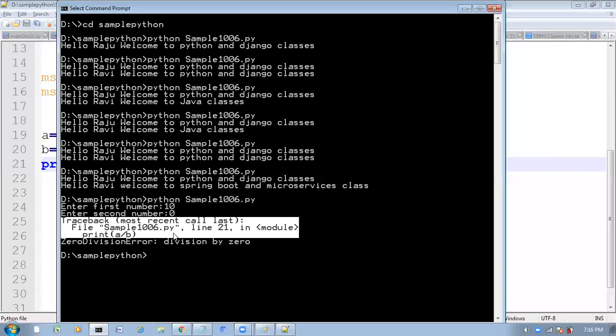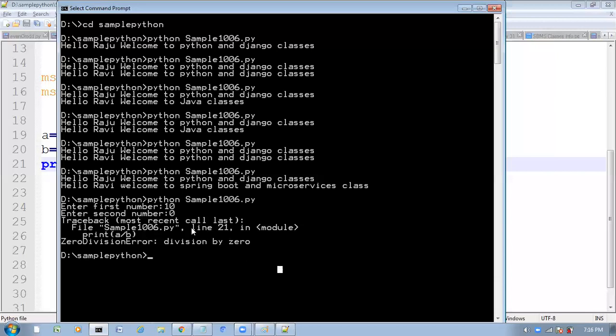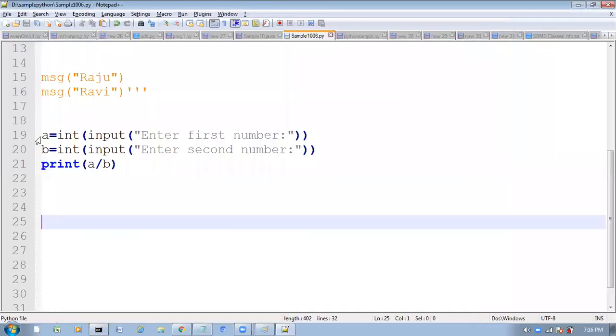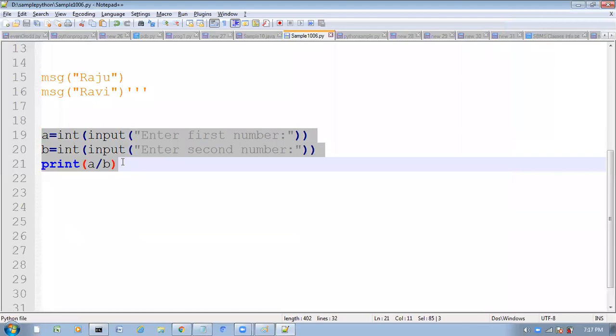So in this case, you are getting this error only, but by using the decorator concept, we can modify this and display a user-understandable message to the user. Whenever you run this program, you are getting a zero division error only. Now on top of this, I will write one decorator. Whenever you get a zero division error, instead of displaying this message to the end user, I will give a proper neat message, so the end user can understand easily.